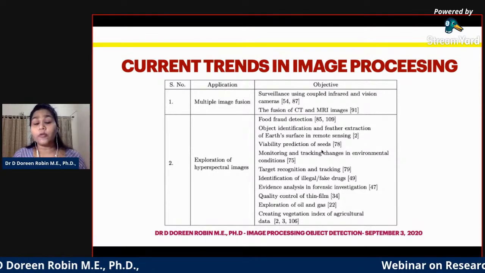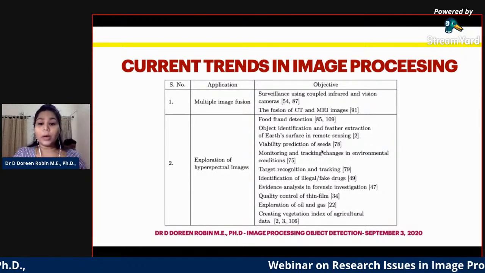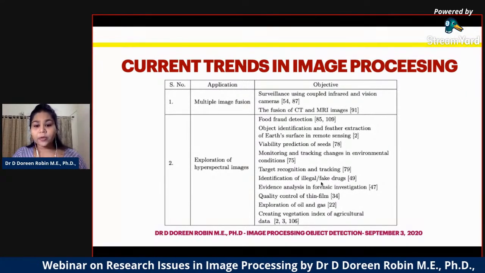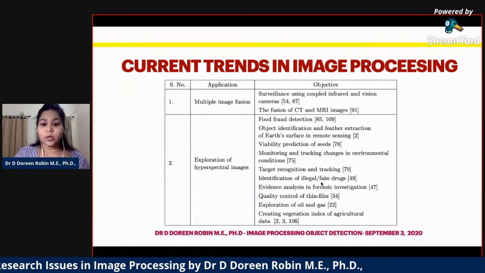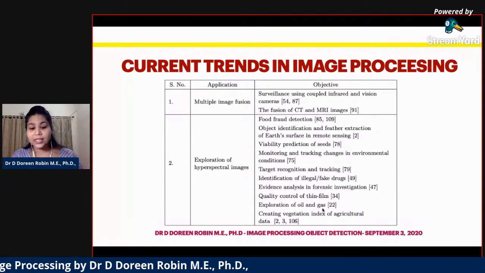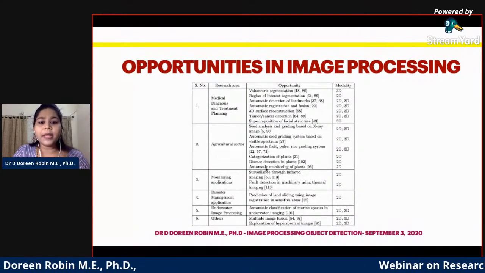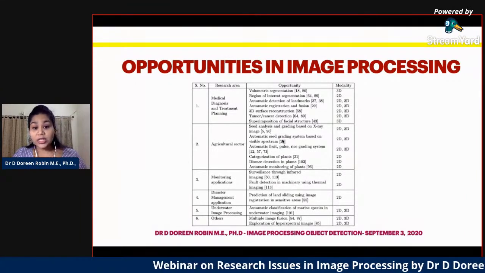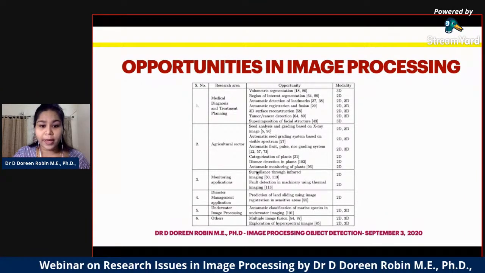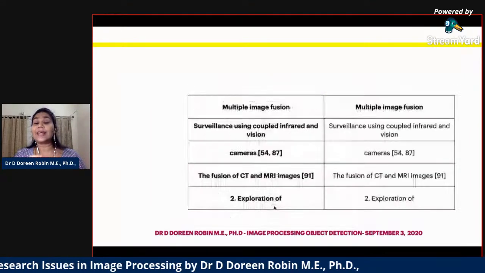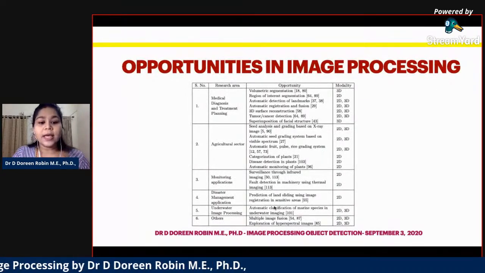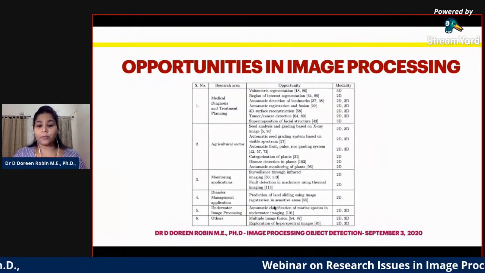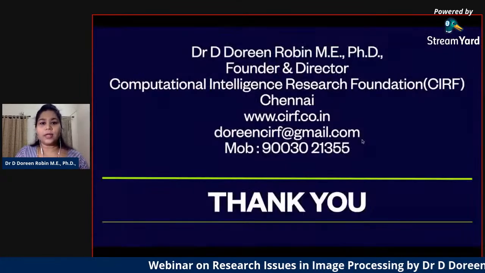Now recently, a lot of applications: in agriculture, monitoring of environmental conditions, target recognition and tracking in vehicle systems, in GPS, in forensics, and in medical sciences also. In medical sciences and treatment, what kind of treatment could be done, what kind of planning, monitoring, and disaster management such as landslides. And underwater, you see a lot of fishes, and images can be done using both 2D and 3D images.